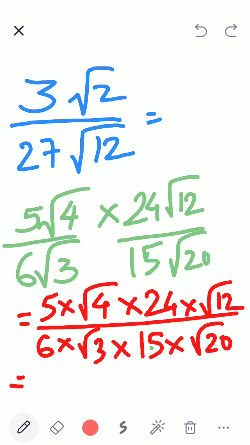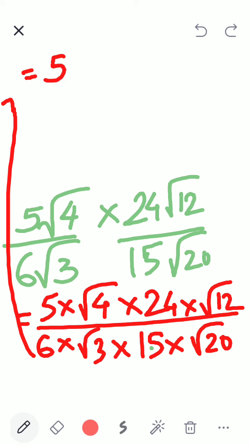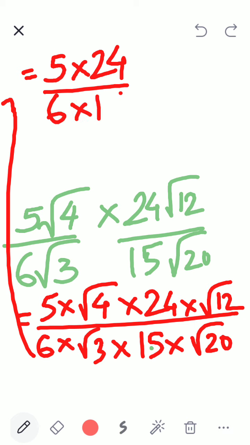I can keep all numbers outside the houses together, correct? So let me write it very cleanly here. No space. So let me rub this and take this up. So what will I do, children? Can you hear me? Hello? Yeah. So all numbers which are outside the houses, can you tell me? 5 divided by 6 into 15.